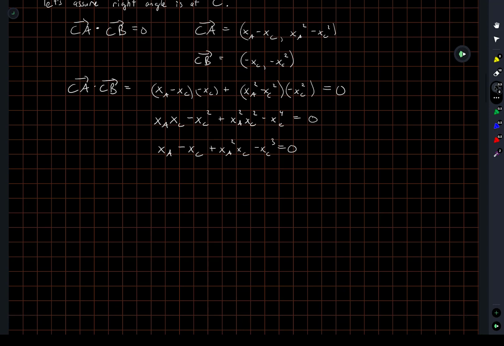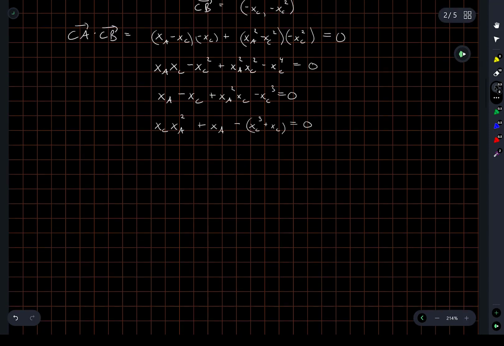If I think of this as a quadratic equation in terms of XA, then I have XA in terms of XC. So let me just write this in a form which you might recognize. Okay, so by the quadratic formula,